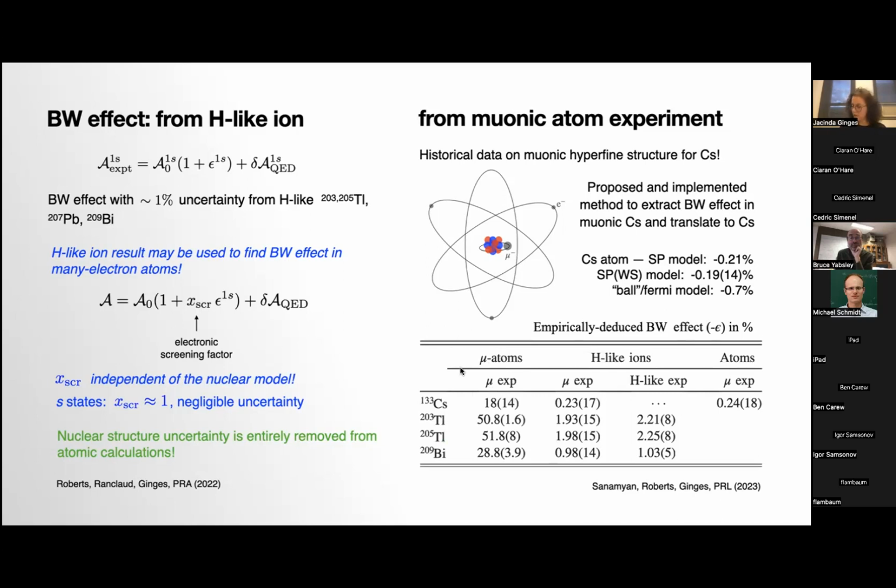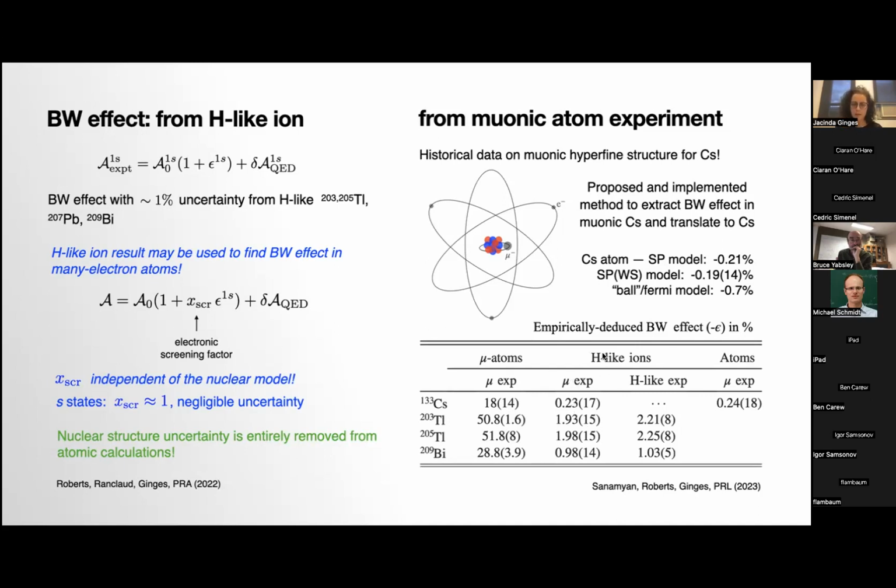We extract the Bohr-Weisskopf effect for the muonic system. We did QED calculations and atomic calculations for the muon, treating this almost like a heavy hydrogen-like system. Once we evaluated QED, we could extract this Bohr-Weisskopf effect, since we have experiment for this term for the muonic case. And this is the result. For muonic systems, the Bohr-Weisskopf effect is huge, on the order of 50% or 100%. It's massive. It gives most of the contribution, or a lot of the contribution, to the hyperfine structure.